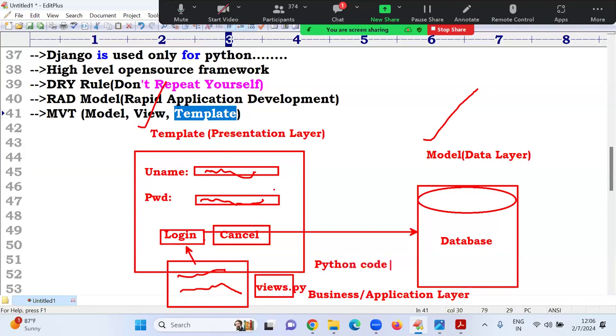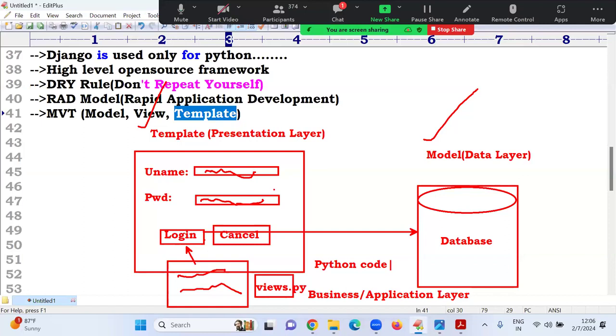That is the whole picture. In core Python I gave some examples: student number and student name stored in a dictionary, marks provided based on the name, and small bank applications. Those logics go into the views.py file. Then I give one template, and to store data permanently, a database. This type of architecture is called MVT: model, view, template.